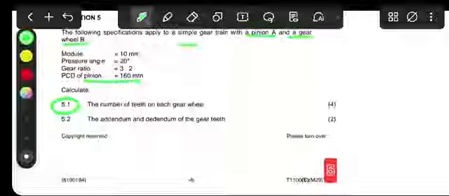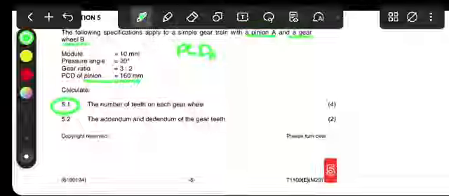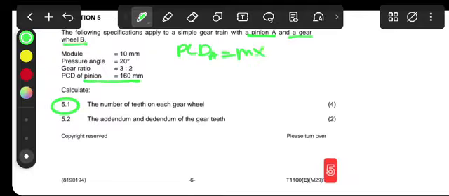I know that the PCD of the pinion A is equal to the modulus multiplied by the teeth of A. If I make TA the subject there,